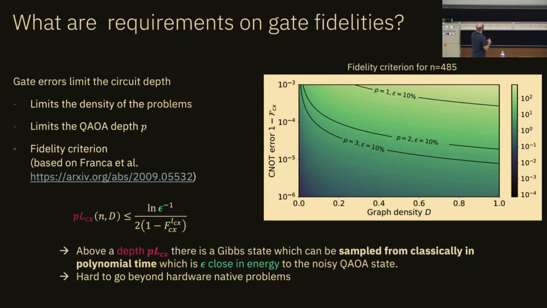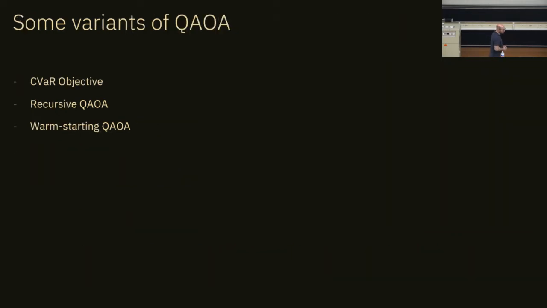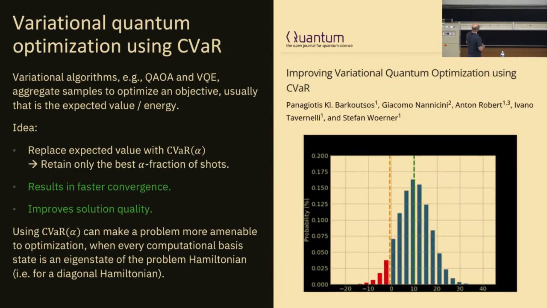All right. Now, I already mentioned one variant, this recursive QAOA before, but I want to now spend a little time on discussing in total 3 variants or changes that you can apply to QAOA that improve the performance a little bit. The first is a CVAR objective. This is a pretty straightforward change. Usually in quantum computing, we look at expectation values. So you just average over all your samples. And if we talk about an energy, as in quantum chemistry and so on, this makes perfect sense. This is how it's defined.